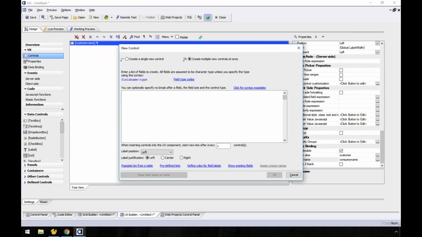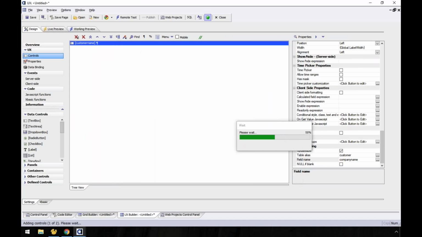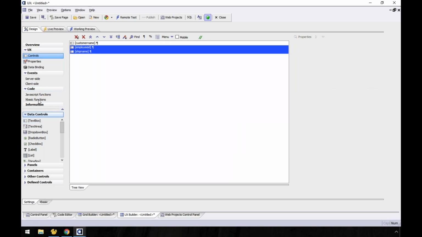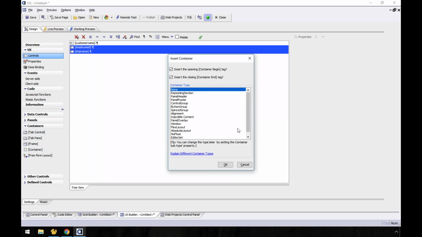So I'll add my fields here, employee ID and ship name. Now here comes the trick. Okay, so I've got those two, but there's a one-to-many relationship. This customer is going to have multiple, so I need to highlight those, put in a container, and the type of container I want is called a repeating section.